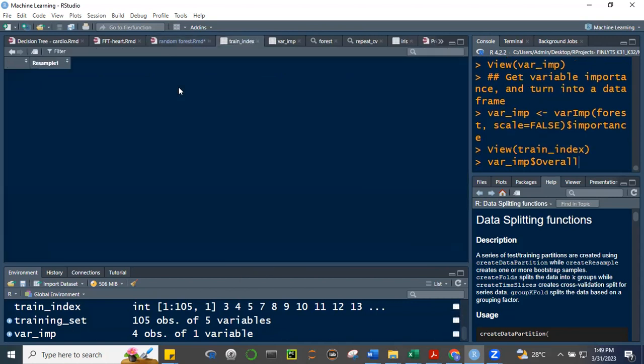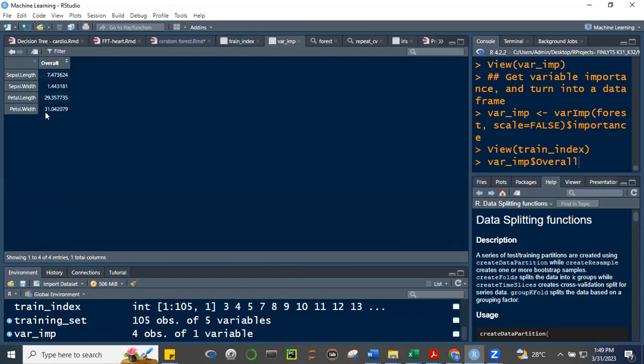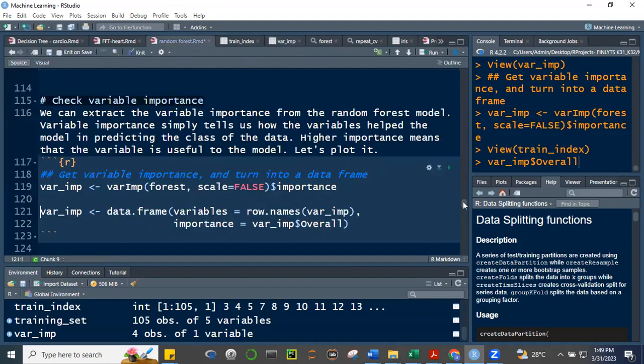You can see here the variable importance, that petal width is the most important as far as predicting your species is concerned, followed next by petal length. Yung sepal width, okay, relatively weak yung contribution niya. And then, pangalawa si sepal length. No? Malayong-malayo siya kay petal length at saka kay petal width. Okay, so